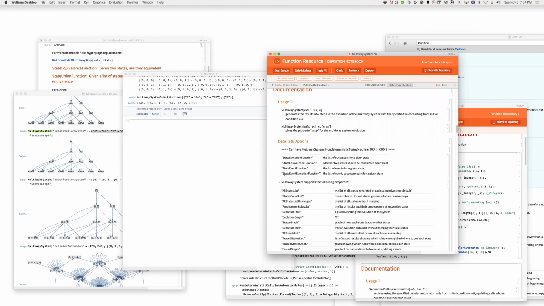Oh, here. State event function and state event evolution function. Okay, so this is a state event evolution function that we're getting there, right? Right. And what we said we wanted